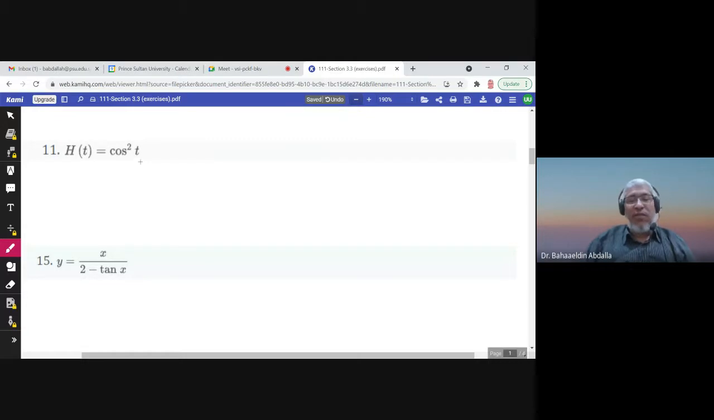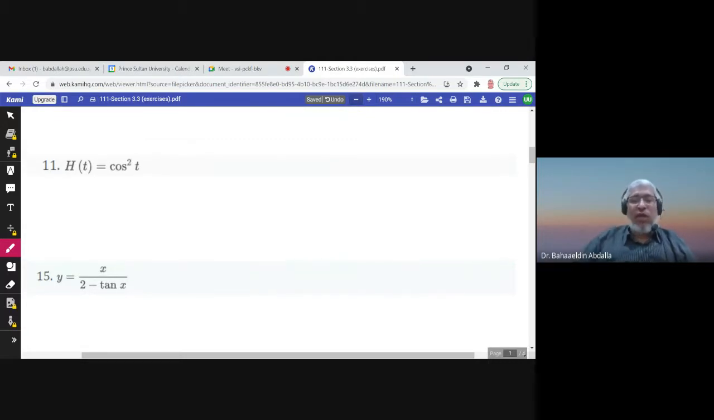Well, to find the derivative of cosine square t, we will learn a method in the coming sections, but now I can't. The only method I know is to write cosine square as cosine t times cosine t and use the product formula. So h prime of t would be the derivative of cosine, which is negative sine t, times cosine t, then plus, it should be plus, the derivative of cosine t as it is, the first cosine, and then the derivative of the second cosine,